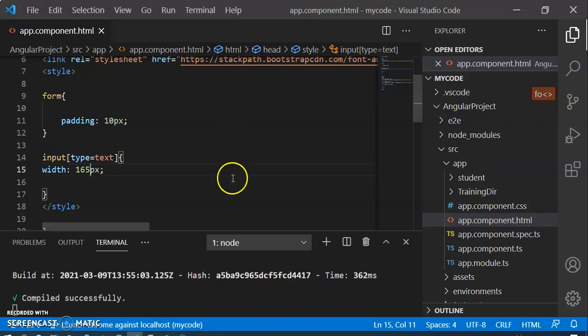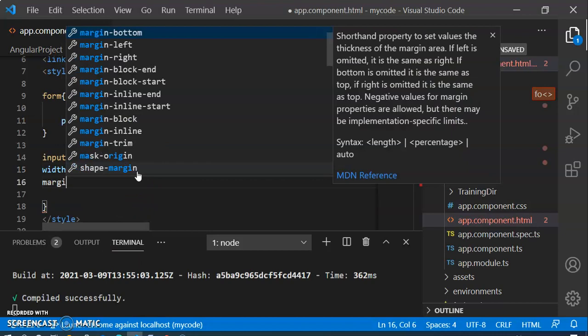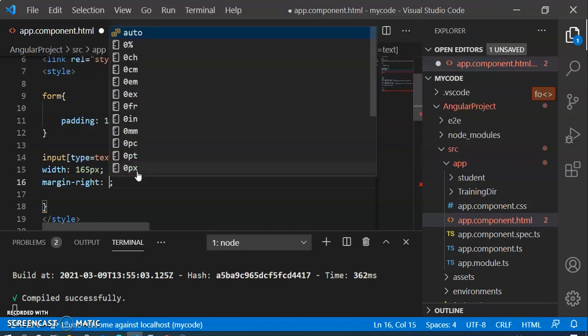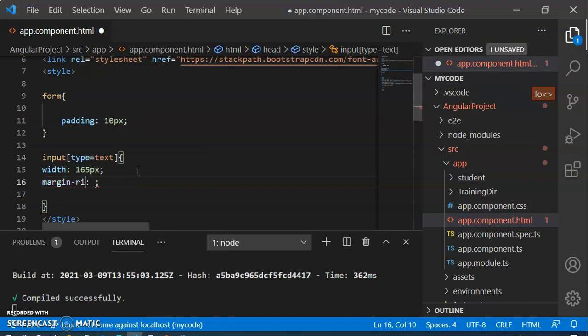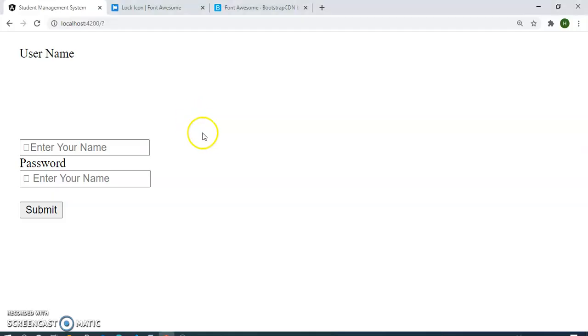Now both are equal. And then margin and padding from the top and bottom we want to give here. Margin from the top, I want to write the top, from the top 100 pixel. Now we will see what changes are available here.